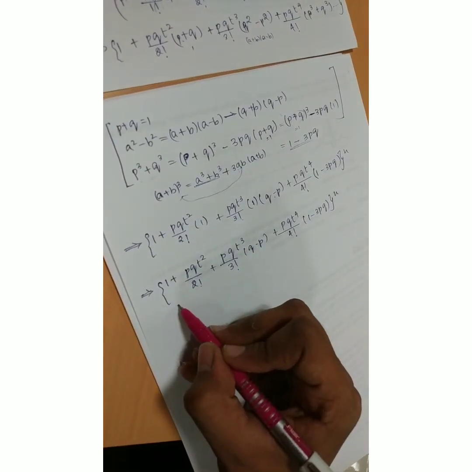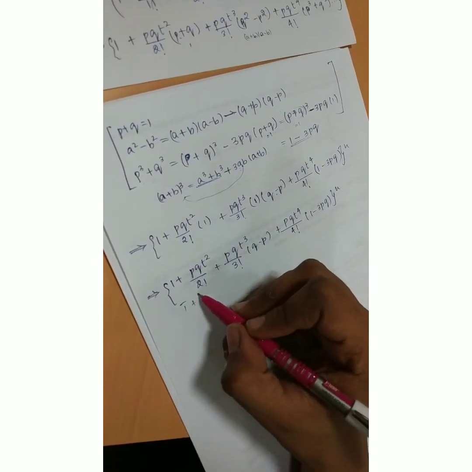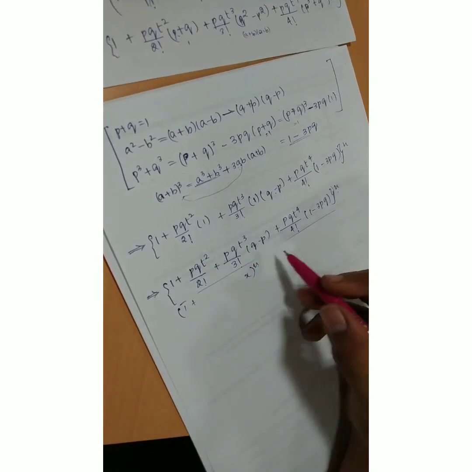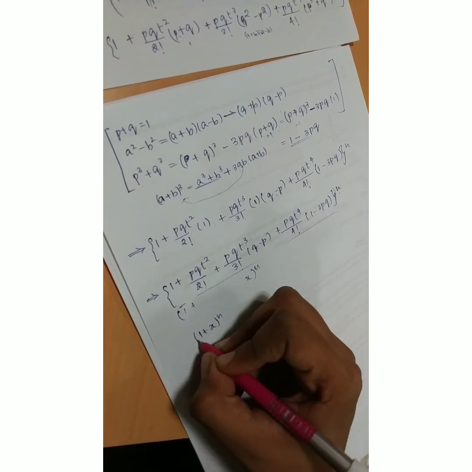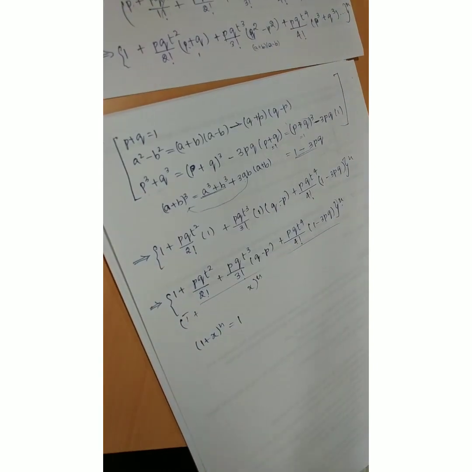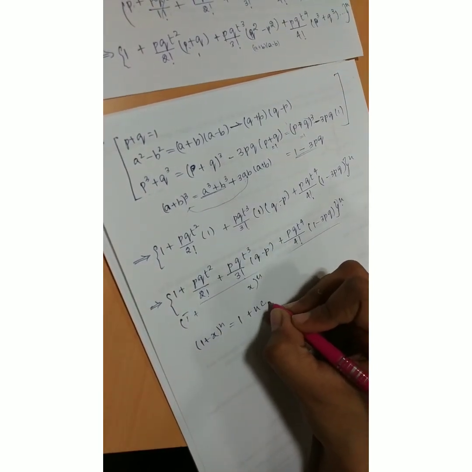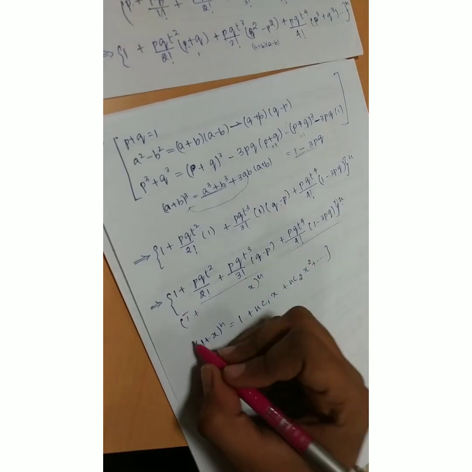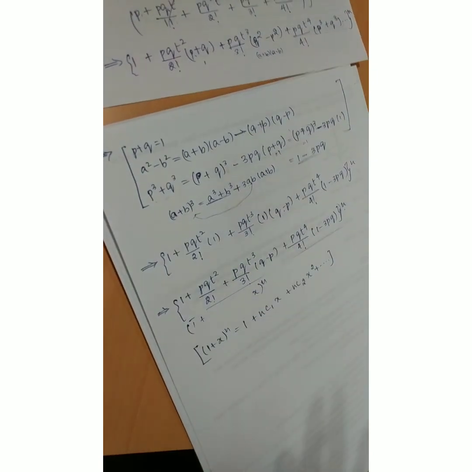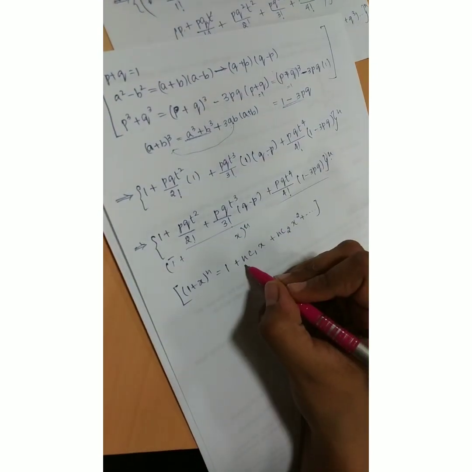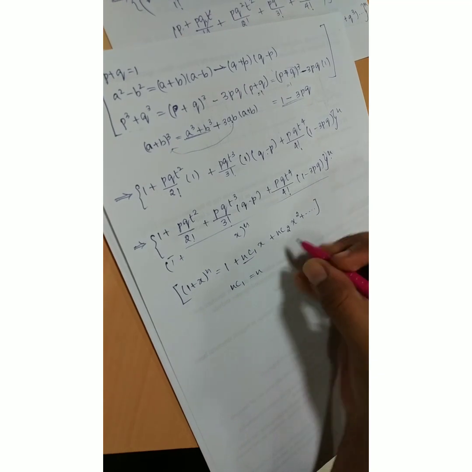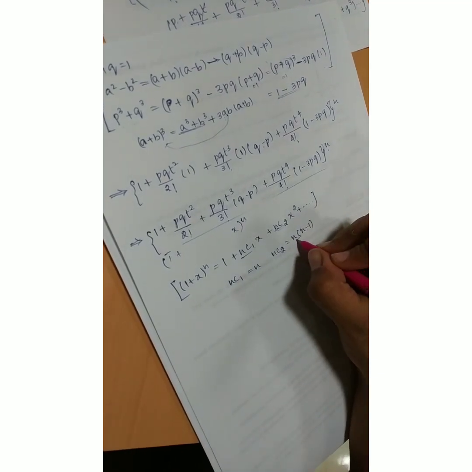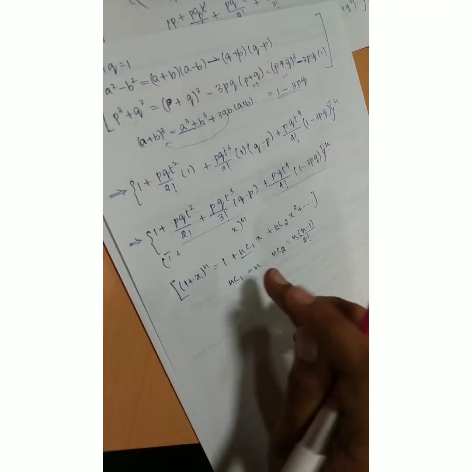Then using the 1 plus x the whole power n formula, considering this whole term as x, 1 plus x the whole power n is equal to 1 plus nc1 into x plus nc2 into x square plus etc. Now applying this here with the values of nc1 equal to n and nc2 equal to n into n minus 1 by 2 factorial, we get